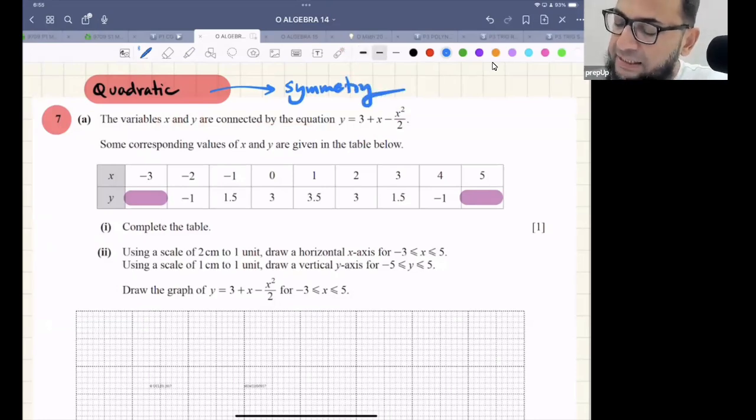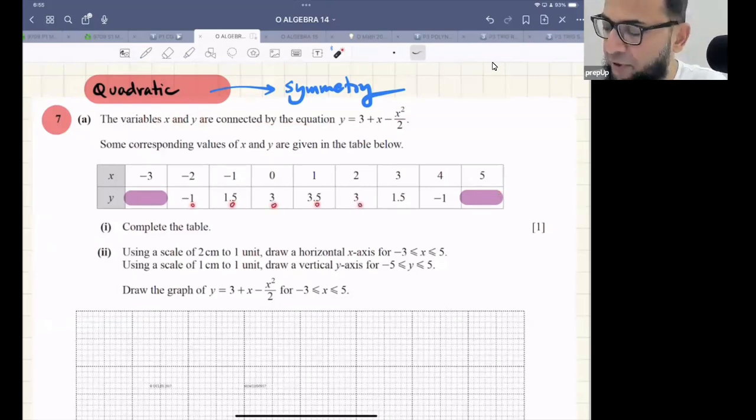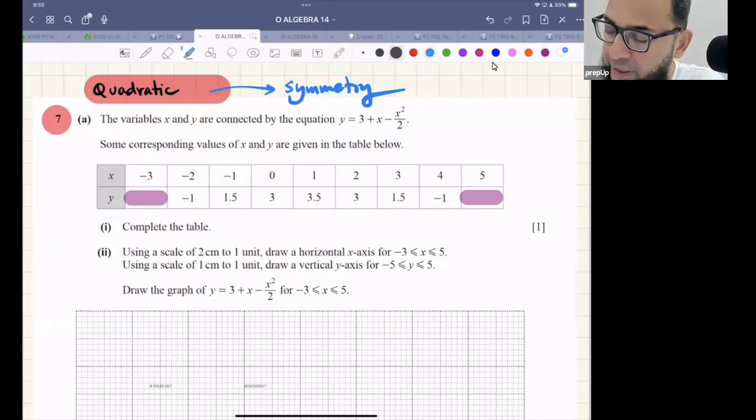Then it says some corresponding values of x and y are given in the table below. Now let me first focus on the table. Unknown, unknown, negative 1, 1.5, 3, 3.5, 3, 1.5 and negative 1. I do see symmetry. Look over here, negative 1 on both sides, 1.5, 1.5 on both sides,